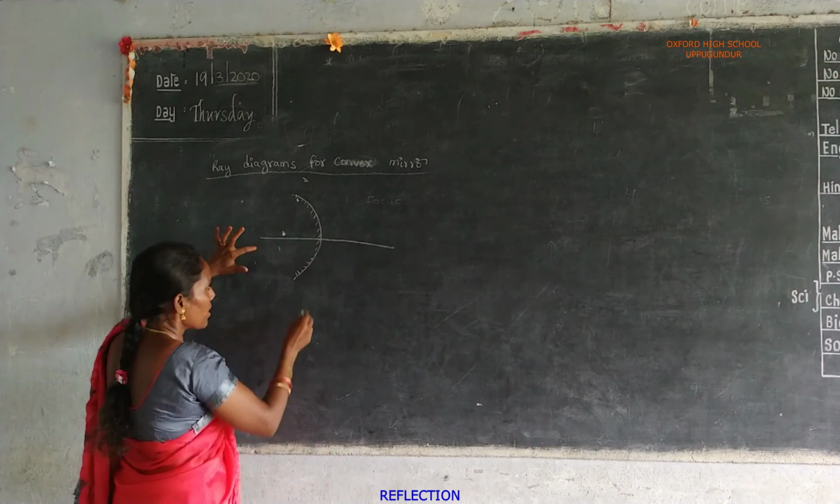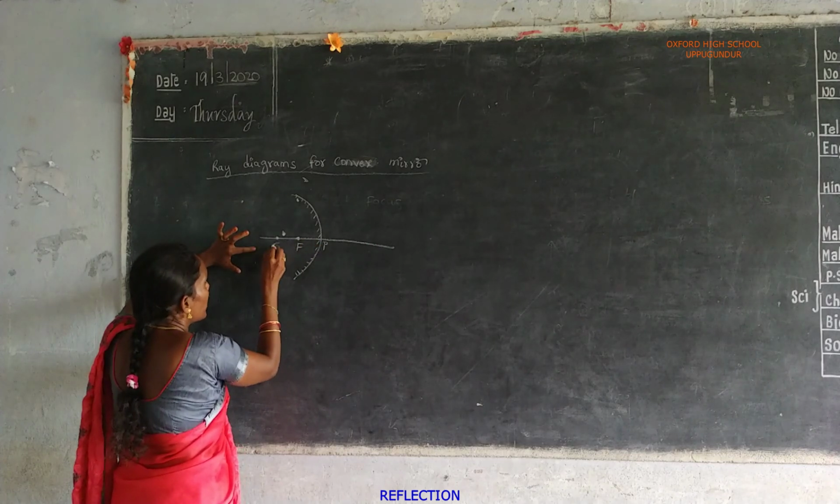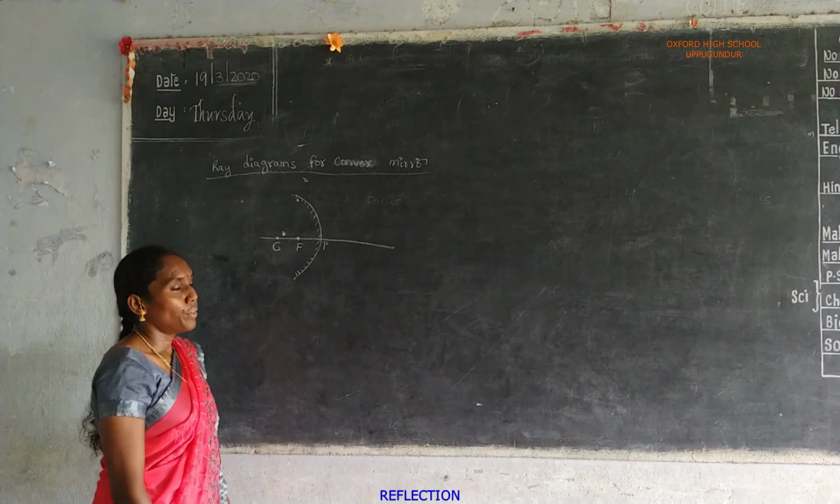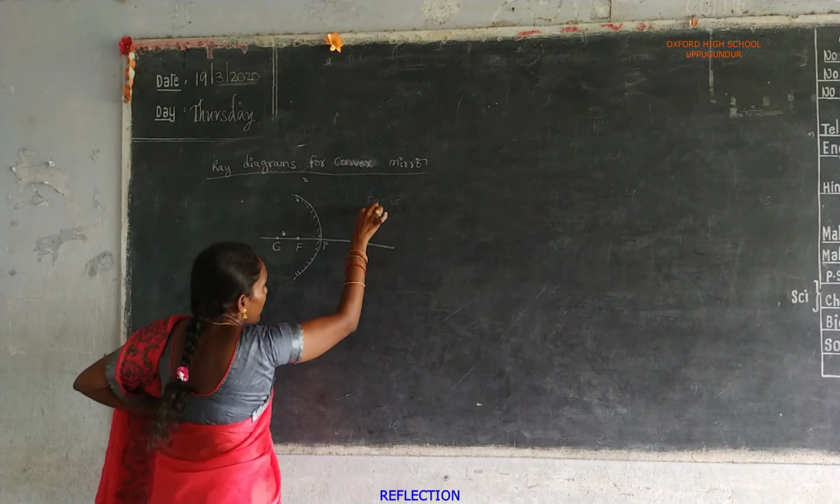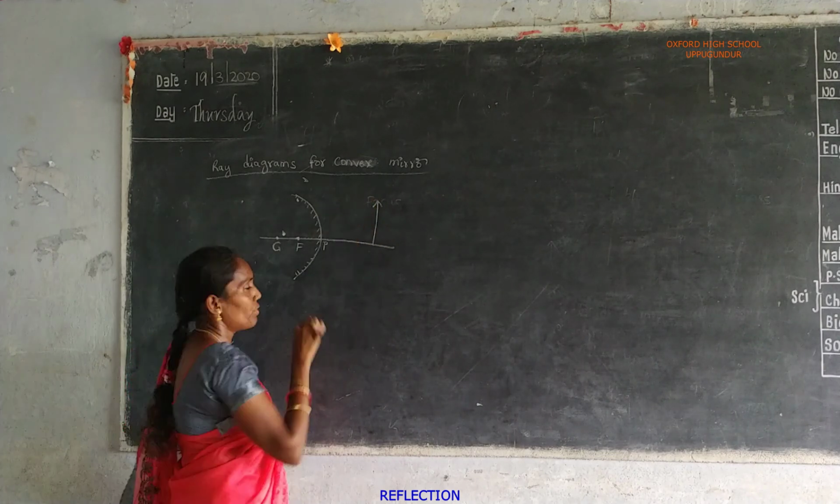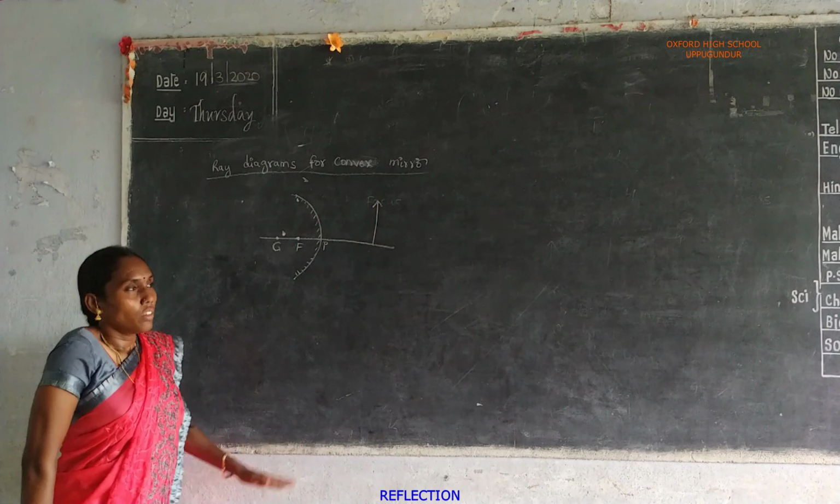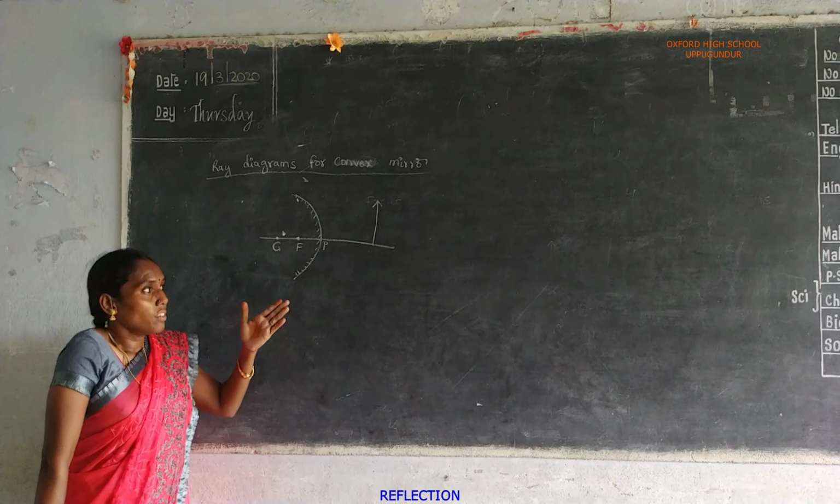This is the principal axis which is passing through the pole and focus and center of curvature. For example, if the object is placed in front of the convex mirror, if an object is placed at infinity, whatever it is, so okay,